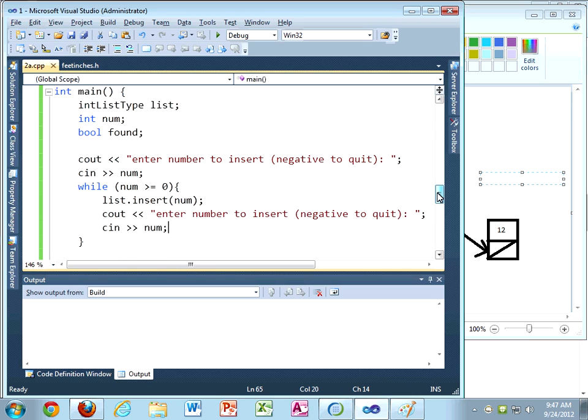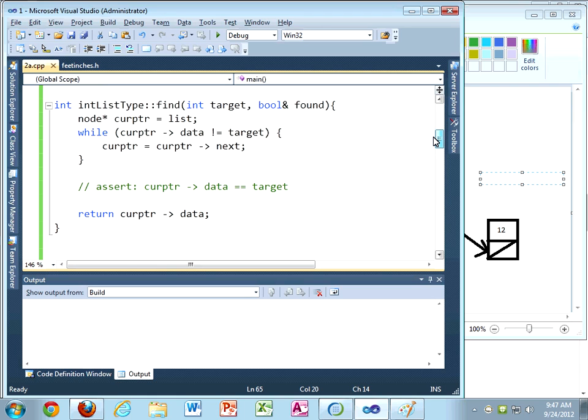All right, so we're working on find. So far we got it to work. The only case we haven't checked is the case where there is nothing, the target is not in the list. We did check it, yes. We haven't solved the problem, I guess is what I should say. Okay, so